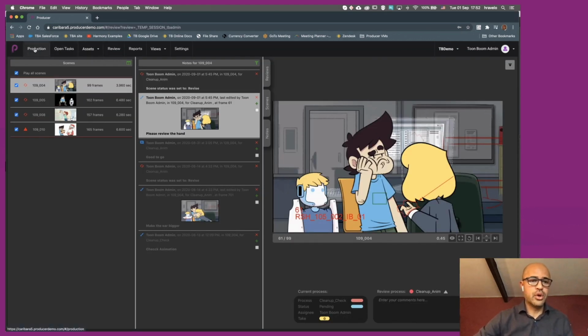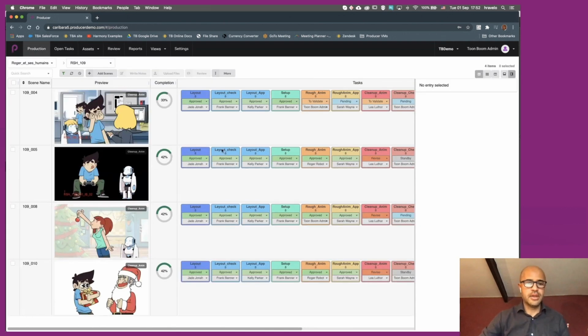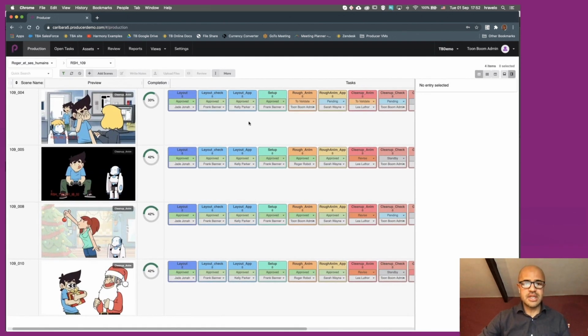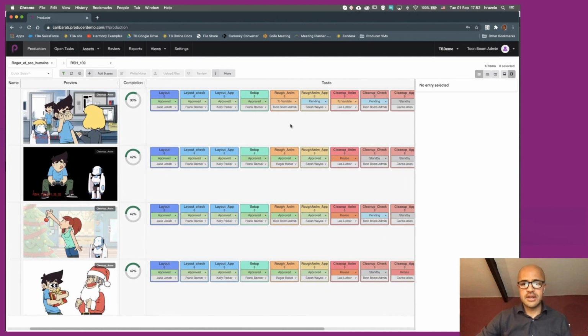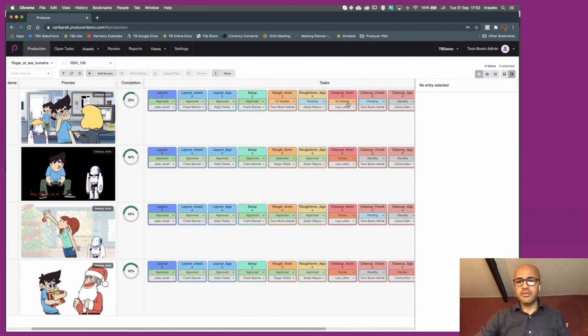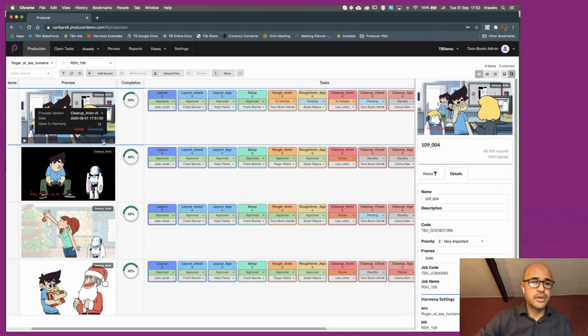For instance, here, if we go to the production page again, you can see that the specific scene is now sent to be validated in the cleanup animation stage.